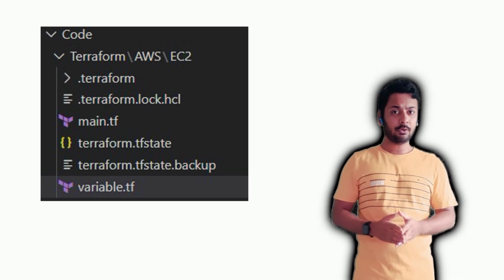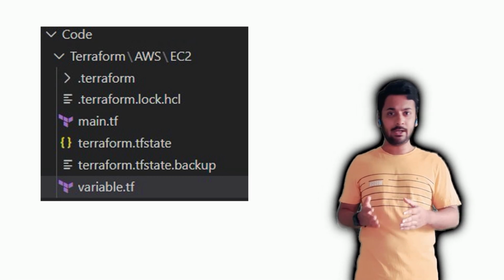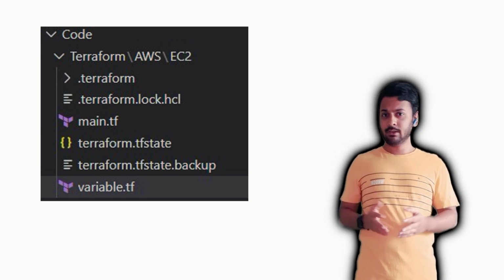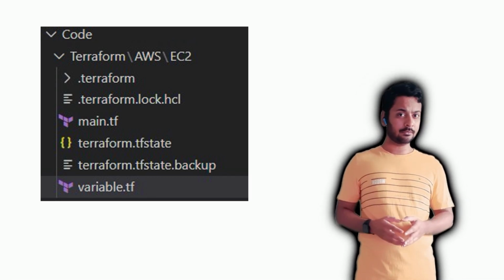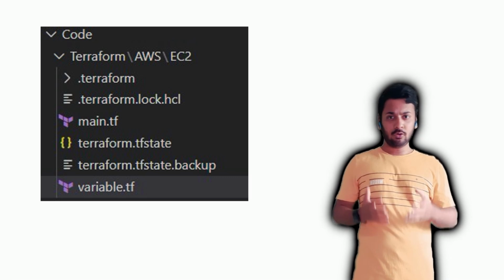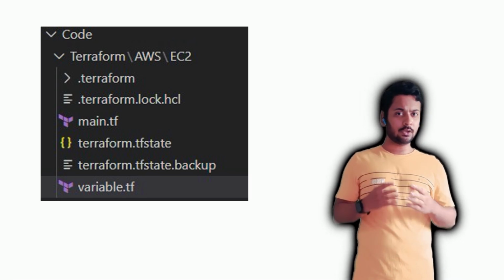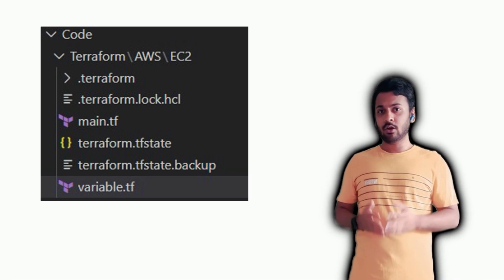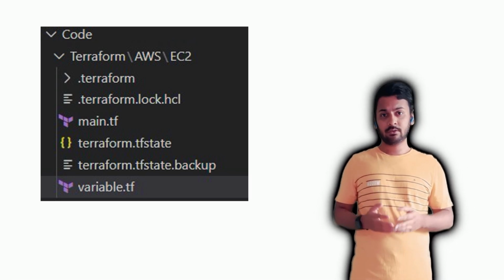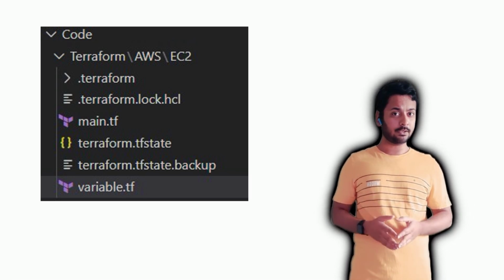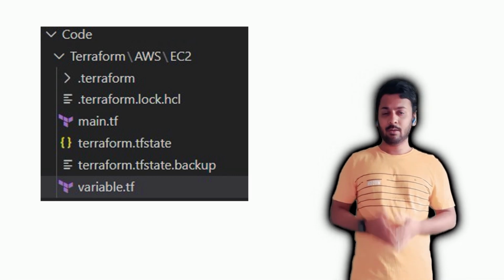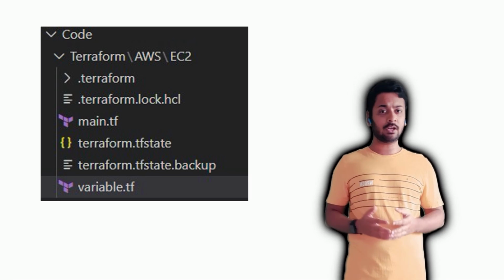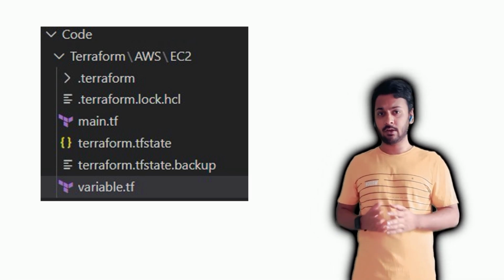The primary purpose of the state is to store the binding between the objects in a remote system and the resource instances declared in your configuration. When Terraform creates a remote object in response to a change in the configuration, it will record the identity of that remote object against a particular resource object, and then potentially update or delete that resource in response to your future changes in the configuration.